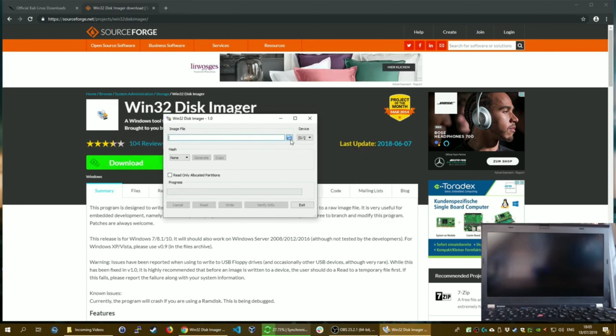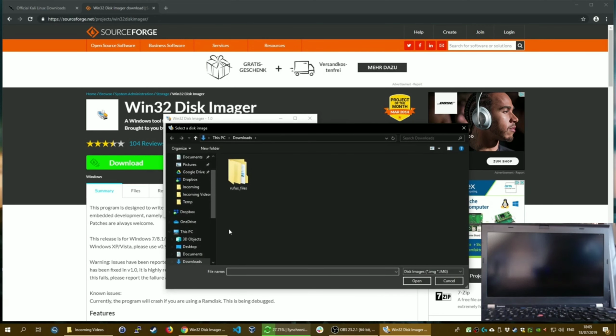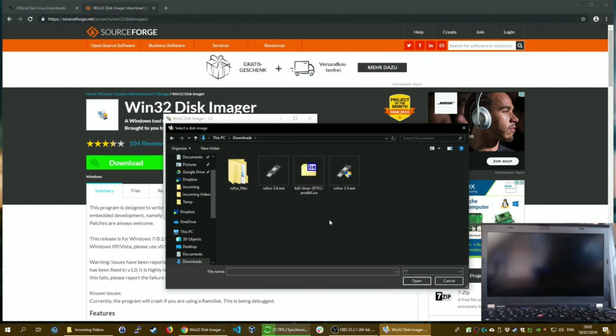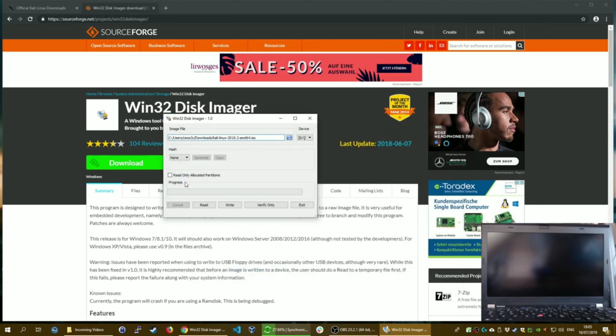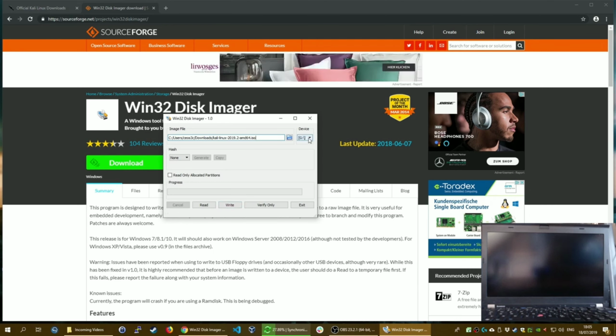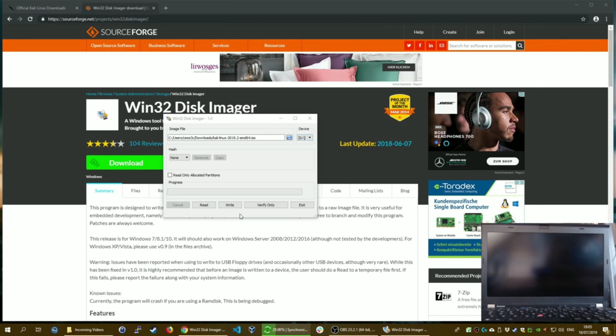Now let's open the image file. Let me select the asterisk, and then after that you can simply select the ISO image and then open. Cool. And then basically you have to select the right device for that. You can see here I have selected the G drive. If you select a wrong drive, then everything will be erased. So it is always recommended to first check your drive, and then you can click on the write button.